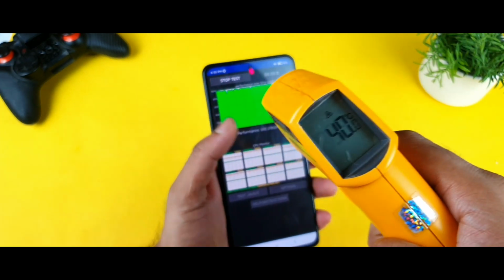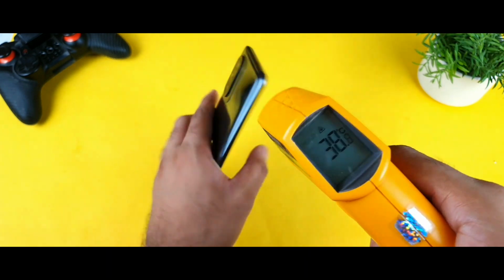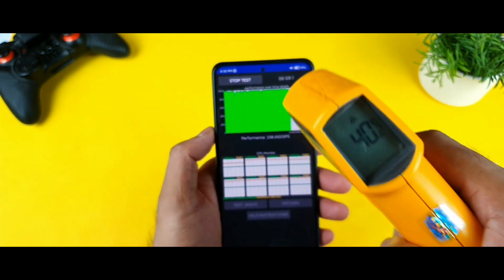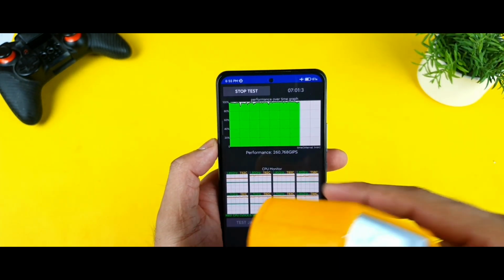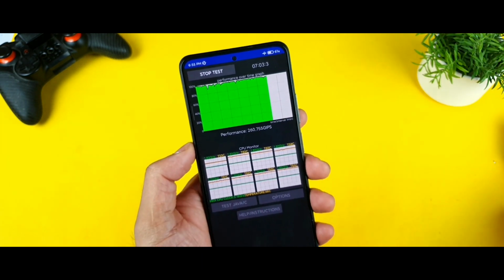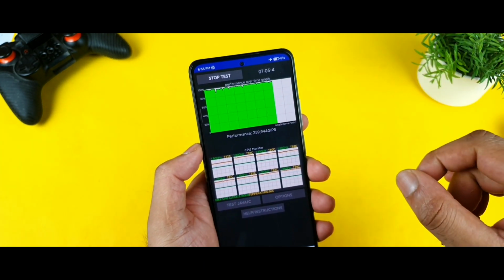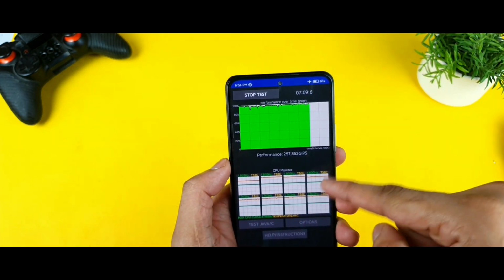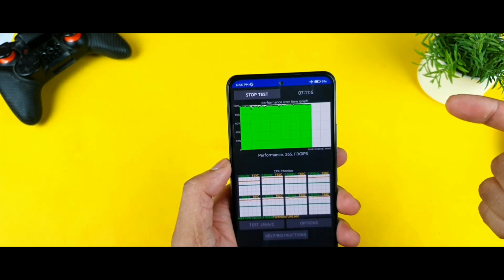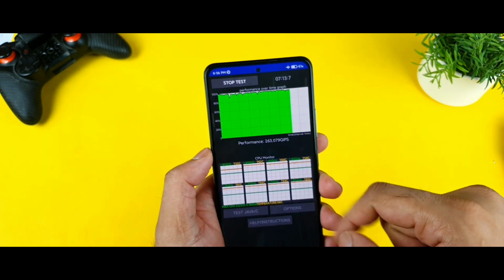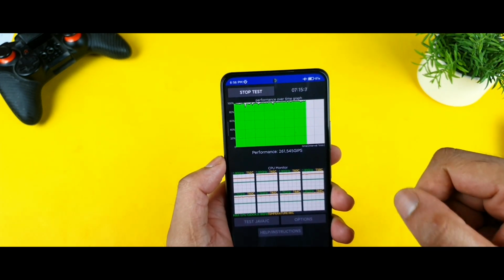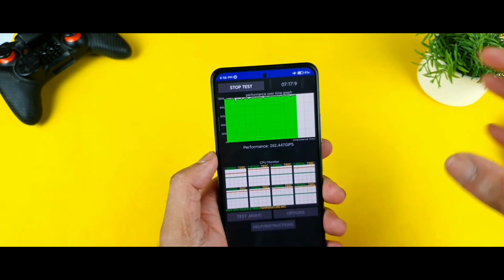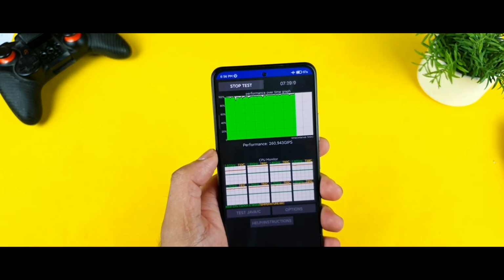It's close to 40 degrees. 40 degrees is not bad, but I cannot see any kind of performance increase in terms of the score result. Even before I used to get the same kind of score, but I'm not sure whether the score has actually improved or not. I don't think it's going above 3 lakhs. Before it used to be 3 lakhs. Let me try to take the screenshot, and after that we can compare before and now.